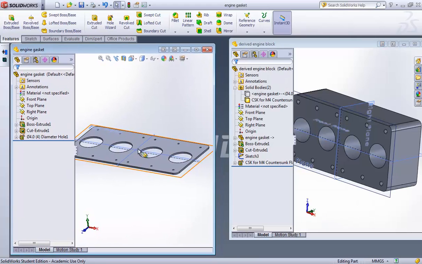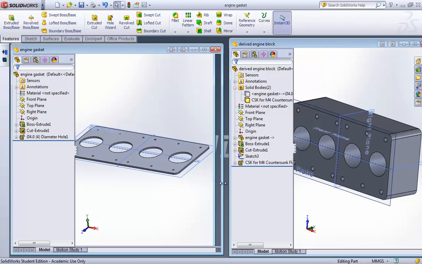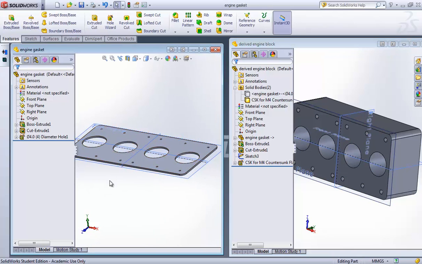I want to make some changes to my gasket, and I don't want to remodel my engine block because I made a big mistake measuring the gasket. I had a few drinks and I don't think that's right. So how do I make sure that I can use the package to the fullest, minimize the work, and still get away with good marks? So for instance, let's just say I wanted to tweak the position of these holes here, and I wanted my engine block to have